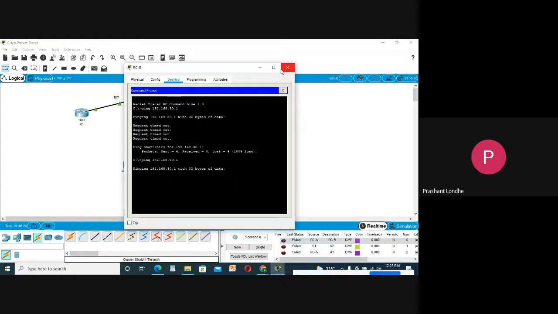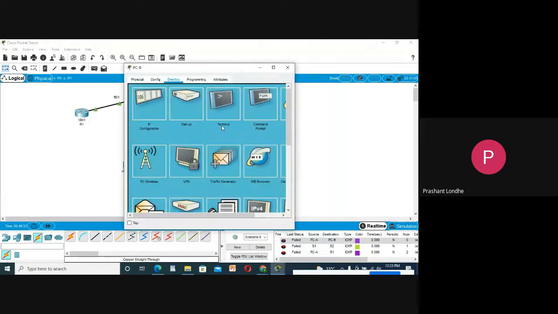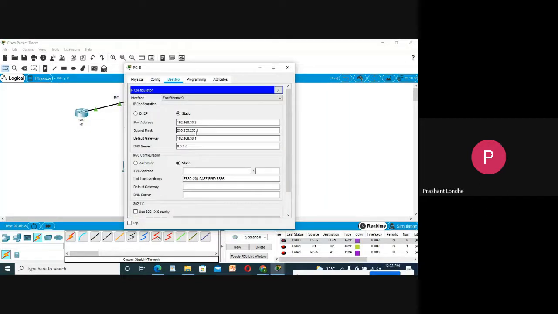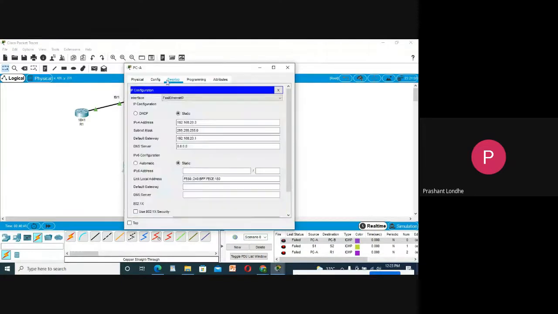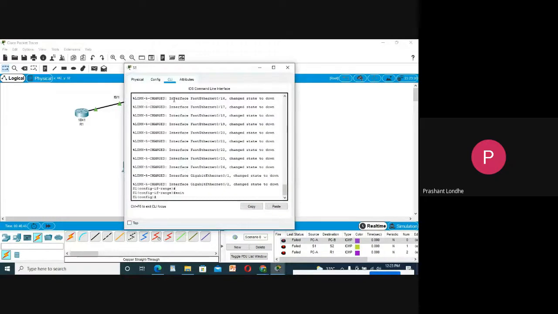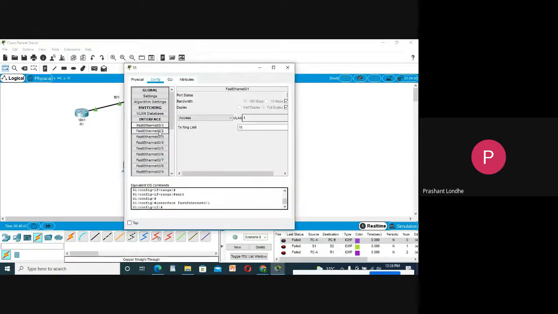Okay, it's coming as lost. Let me check the IP configuration. It is 30.1. Fine. It is also 20.1. VLAN 10, 30. Okay, it is also done.